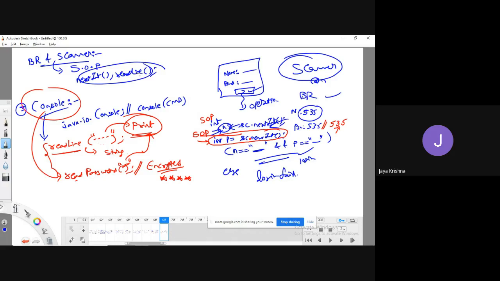With the help of nextInt and readLine, is there any security? There is no security. But coming to this readPassword method, we have security. That is the advantage of the console method. So these are the drawbacks: System.out.println you need to write, and there is no security for the nextInt or readLine methods.